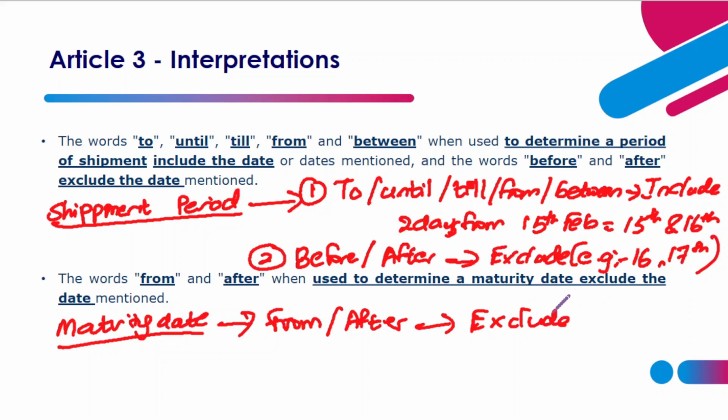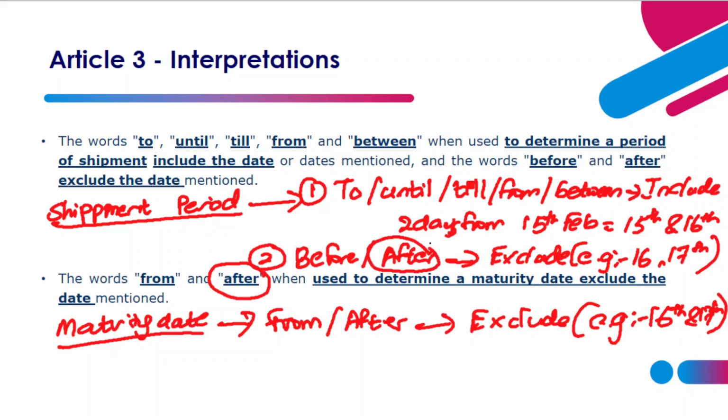So again, if you say the draft is payable 2 days from 15th of February, the payment needs to be done by 16th or 17th of February. That's the deadline. But here the key term is after. The term after is used in both contexts, for shipping and for maturity as well,